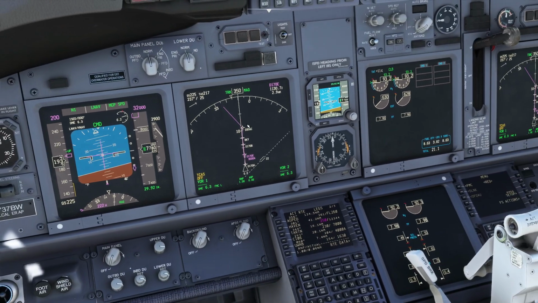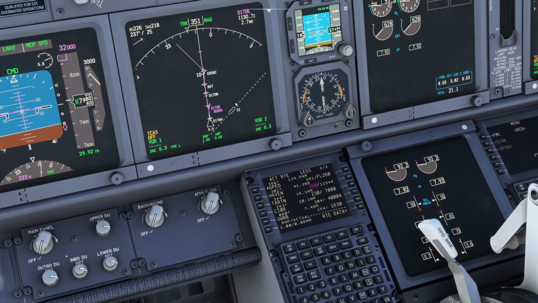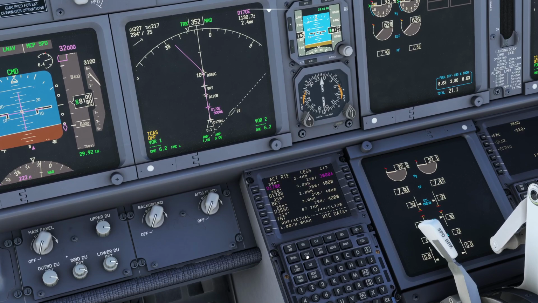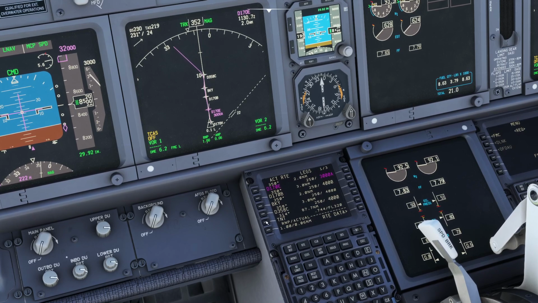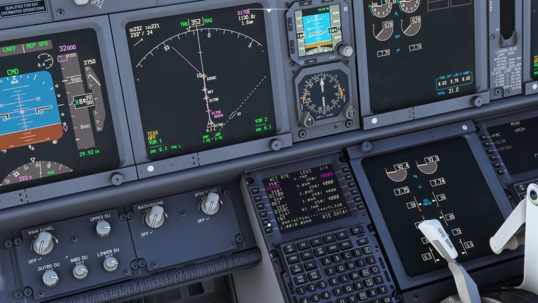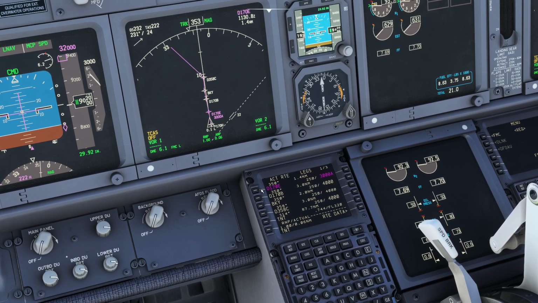Okay, so the first thing we're going to do is change our route and do a direct to. So how do we do a direct to? Let's go and look at the legs page on the FMC, and you can see here's all of our waypoints, and we remember we inserted TNT mid-route. What happens if we want to go straight to TNT? So we select it, which puts it in the scratch pad, and then we select the top line in the